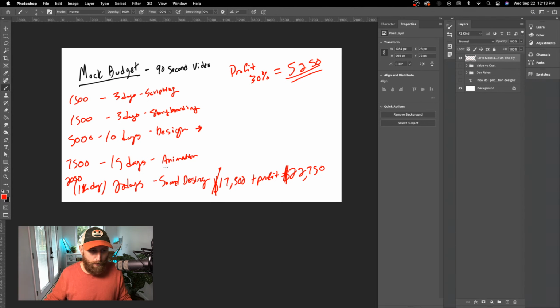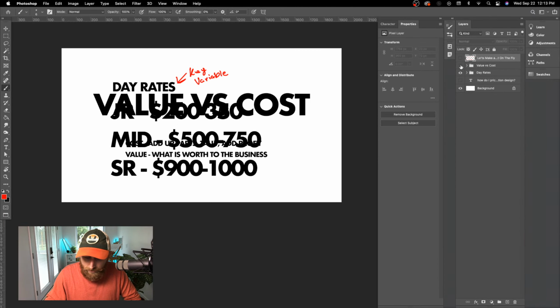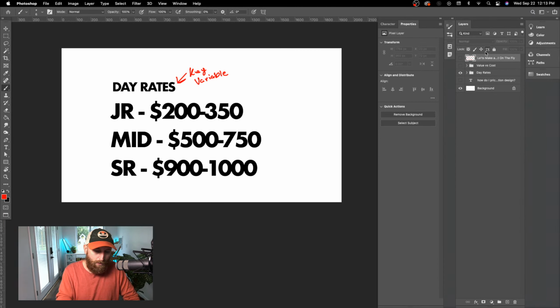So value-based pricing is great. I absolutely think artists should be keeping an eye towards the value of what they are creating for companies. But sometimes we're creating things that are nice to haves. And so there it's like, well, we're just going to lean on the cost-based pricing, right? What does it cost to actually produce it? That can be a little bit of a tricky question. But really everything just comes back to this key variable. What is your time worth?